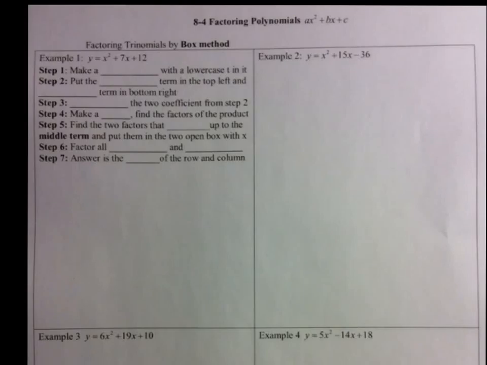Welcome to the lesson of factoring trinomials by using the box method. In the last few lessons, we learned how to factor by finding the greatest common factor between two numbers or by using prime factorization. Well, today we're going to use that idea to help us factor these trinomials by using the box method. So step number 1, if we're going to factor y equals x squared plus 7x plus 12,